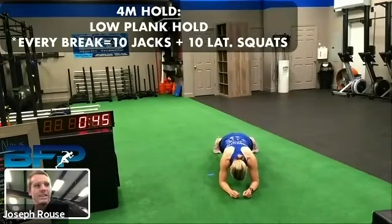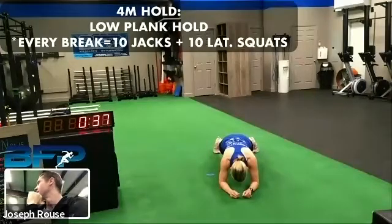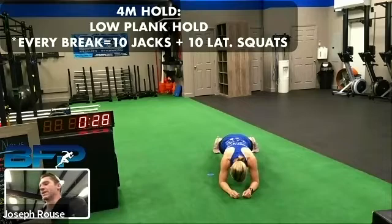Got it, Dolly. Got it, Dolly. Alan's looking good. Get deep on those lateral squats, then pop right back down. You should be getting down right around 30 seconds left on that plank. After we're done with this 4 minute set, you're going to need probably a dumbbell or a kettlebell